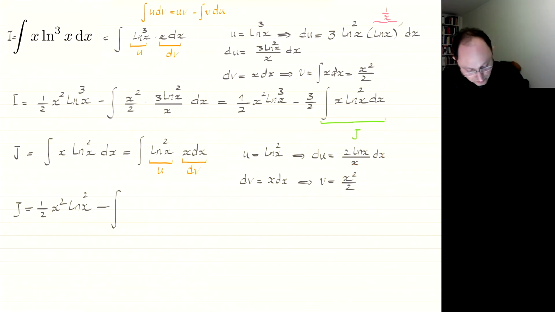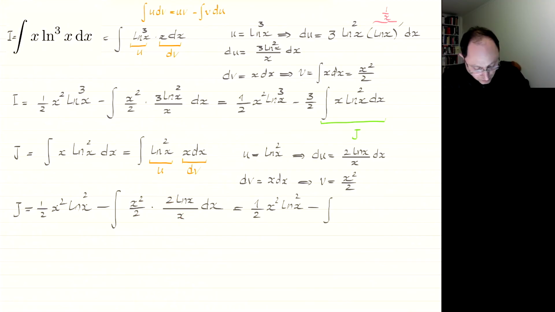So let me write them down, x squared over 2 as v multiplied by du, which is 2 ln of x over x and dx. Okay. Then I will continue, so this becomes 1 over 2 x squared ln of x squared, and then minus, this 2 and that 2 are cancelled, 1 x and 1 x are cancelled, so I am left with minus the integral of x